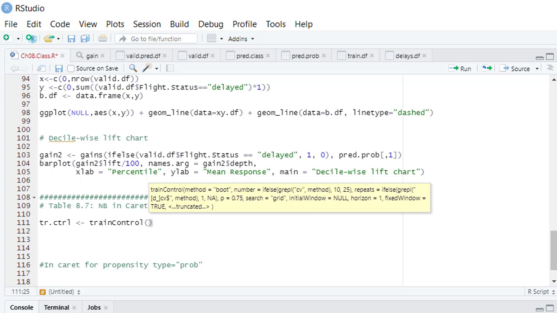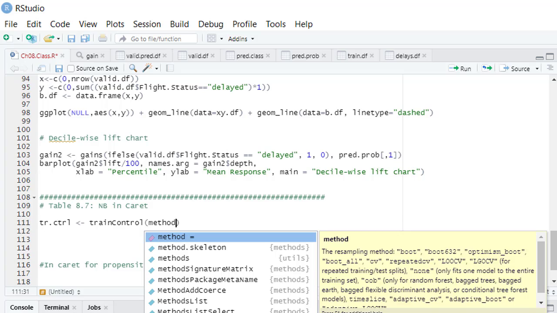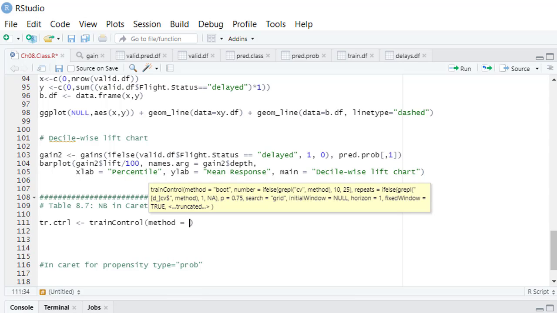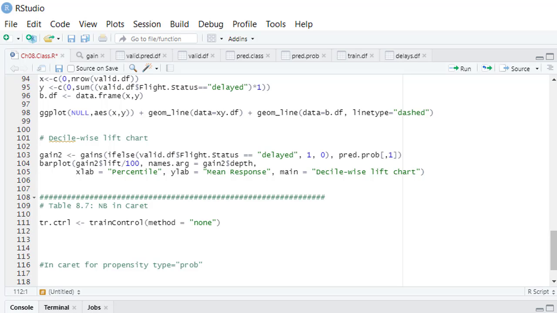We will just use method equal to none. And then we use, say, NBCR for caret, right? And we do train,